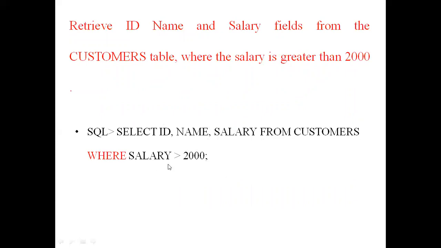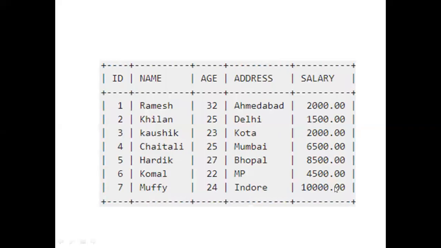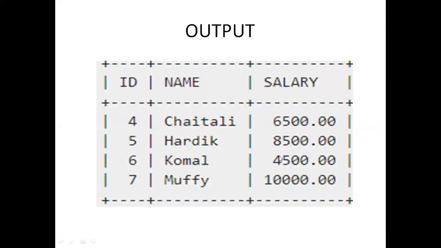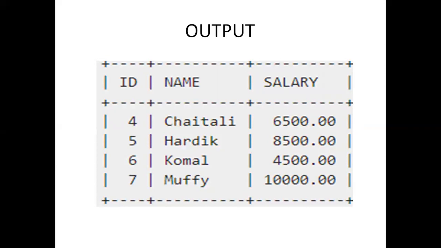When you write this query, what is the output that you get? Yes, I will get only the ID, name and salary of employees whose salaries are greater than 2000 from the table you have created. Look here, this is the table. From this table, whose salary is greater than 2000, all those records will be displayed, right? This one. Now, the next one is, I want to display only a particular record. I can give even a name, not only a salary.